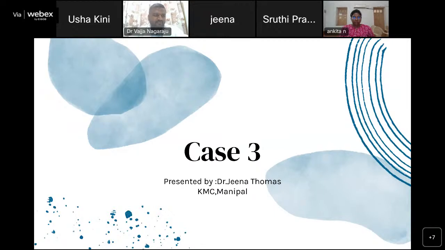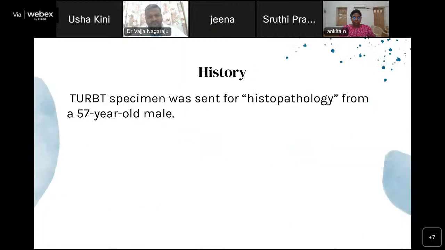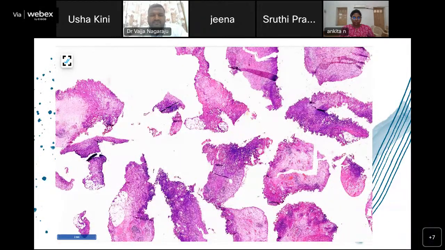My case was case number 3, and I'm Gina, KMC Manipal. So the history given to me was a TURBT specimen, which was sent for histopathology studies from a 57-year-old male. So there were multiple bits, some areas showing edema, some had adipocytes, some had